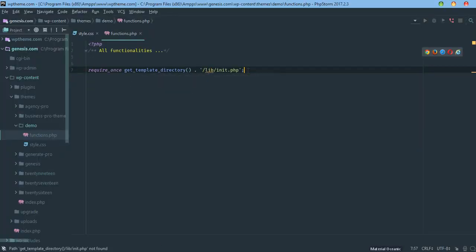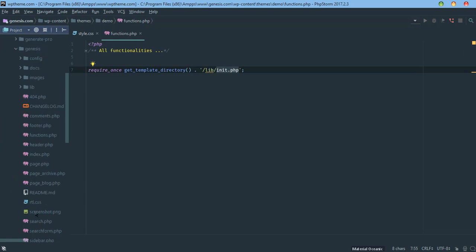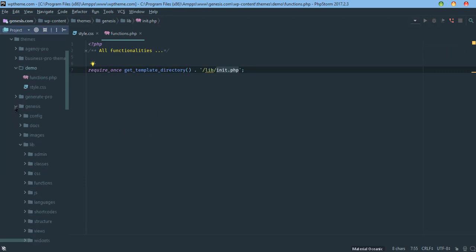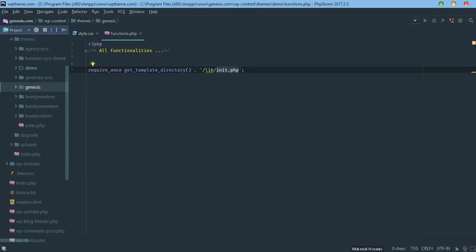So it will include the init file from Genesis. You can see here this is the library, and this is the file. We have to include this file if we want to override any code functionality, or if we want to get more customization. Okay, now save it